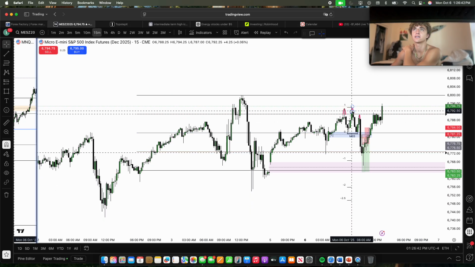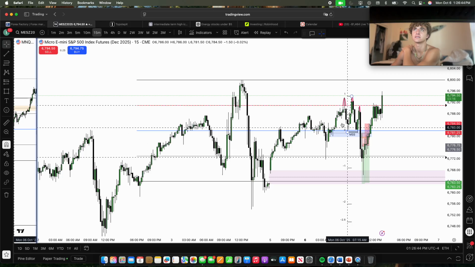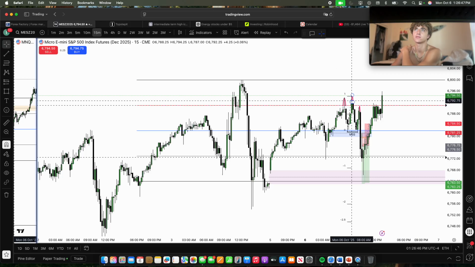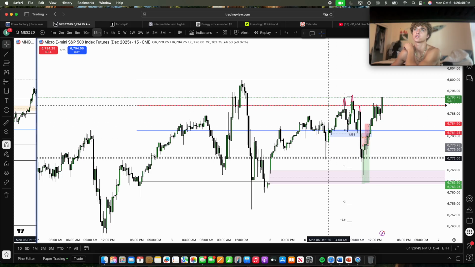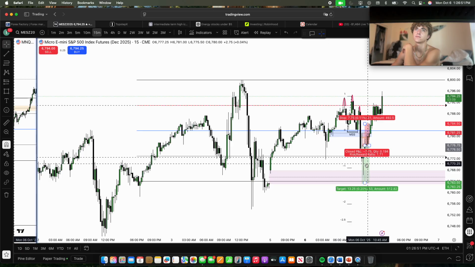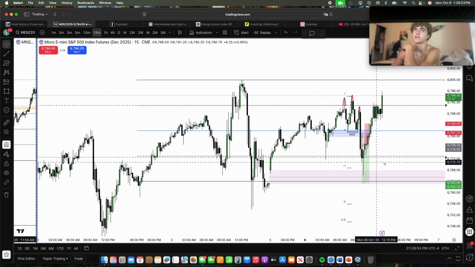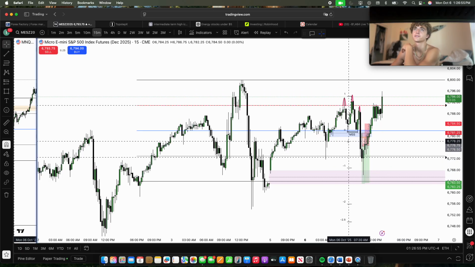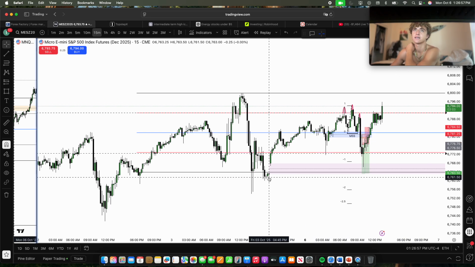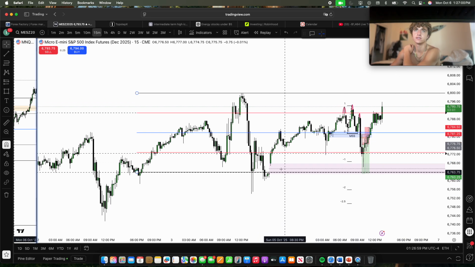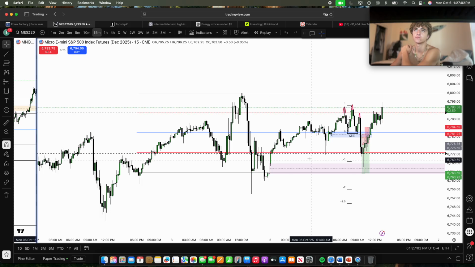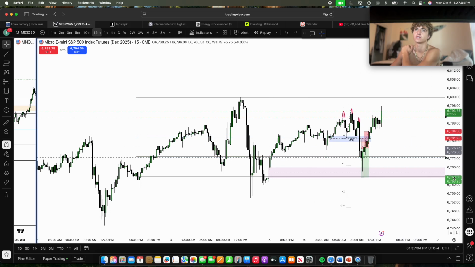Our narrative and our bias today was pretty perfect, basically. Perfect highs, perfect sell model to the downside. Take out the short-term low, or intermediate-term low, and then start going higher. I was expecting something deeper into new week opening gap, but I guess we're just bullish to the point where we really don't want that.